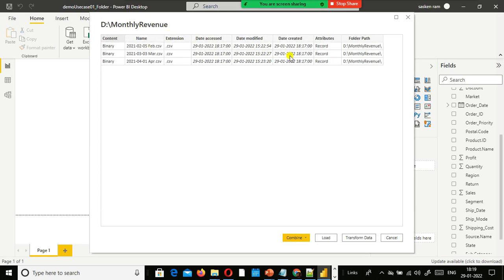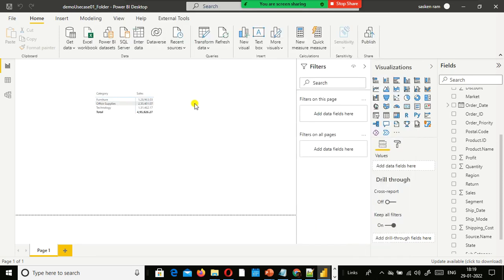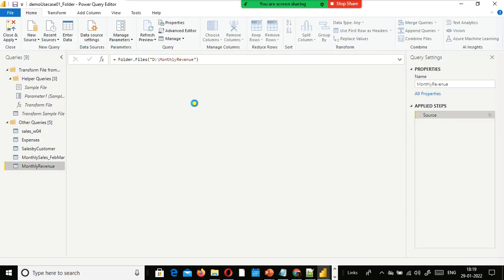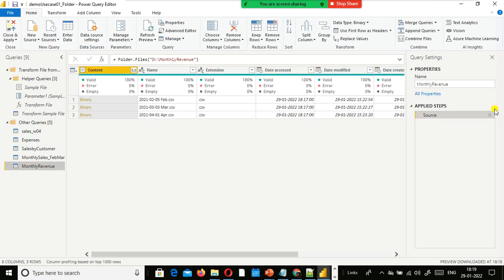Look here, we can see all these 3 files: February, March, April. Fine. What I do is I just go to Transform data. Here I see the same thing, all 3 files available in this folder.